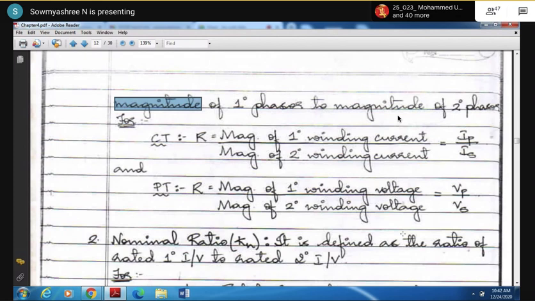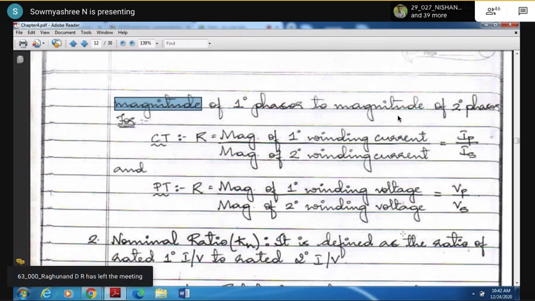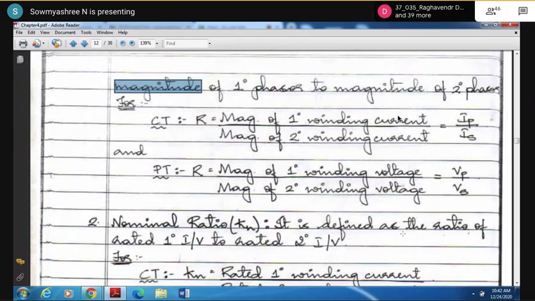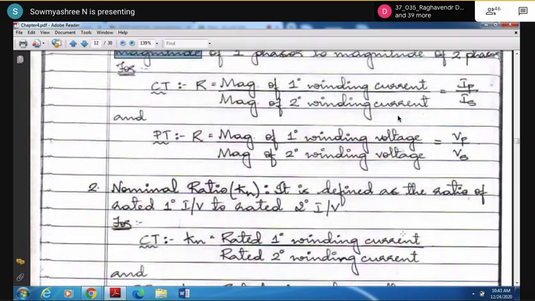So when I took the CT, I told you 1000/5 amps CT. So 5 amps is the rated ampere, the rated current of that particular CT. The 5 amps that we are saying is its rated value. That is what the rated value is. Is it clear? Did you understand what rated value means?